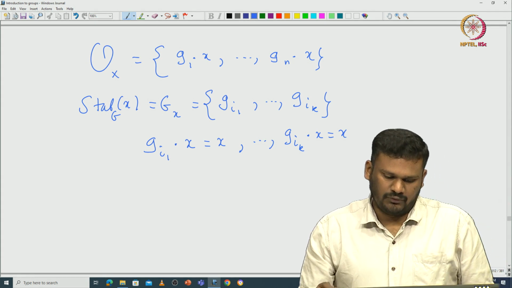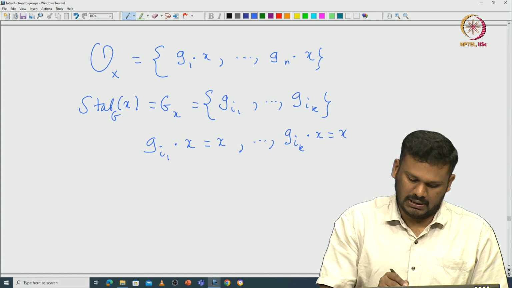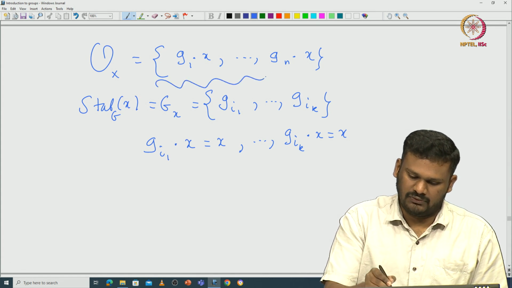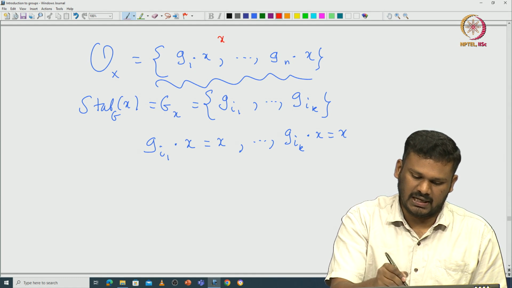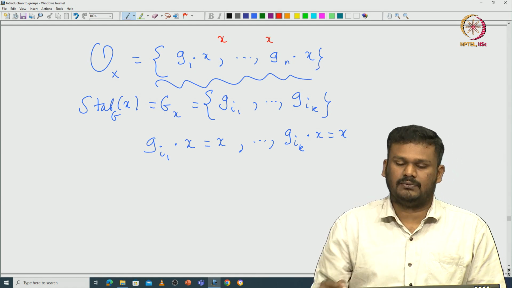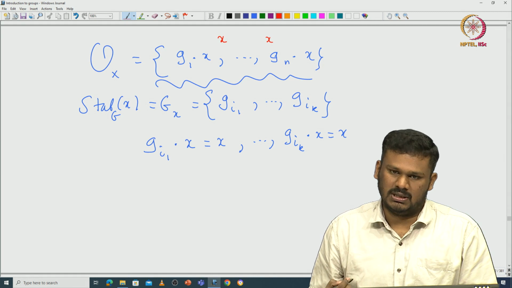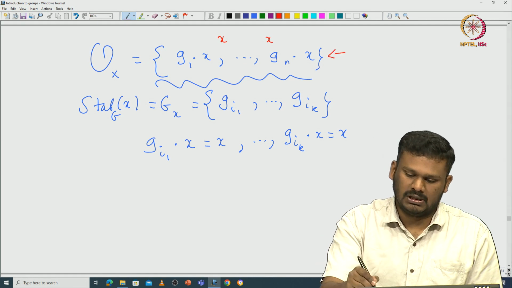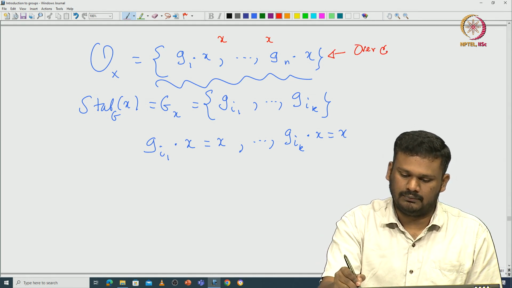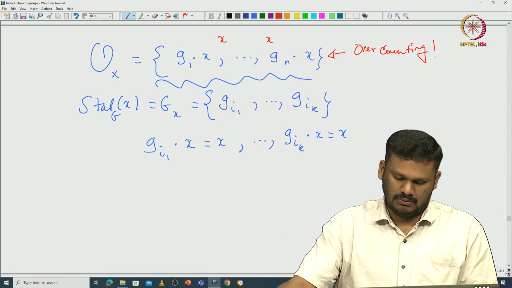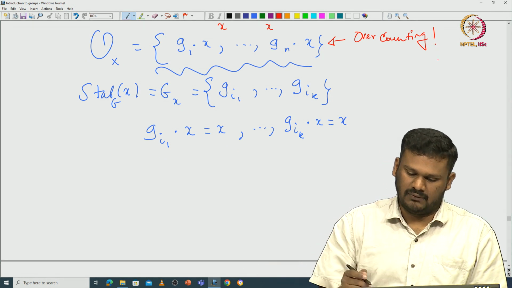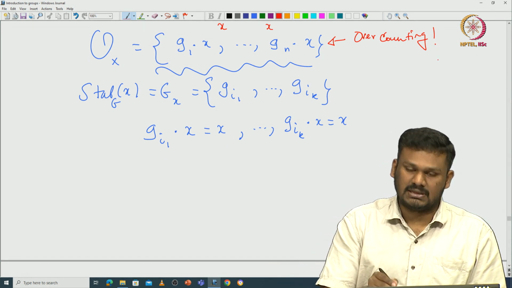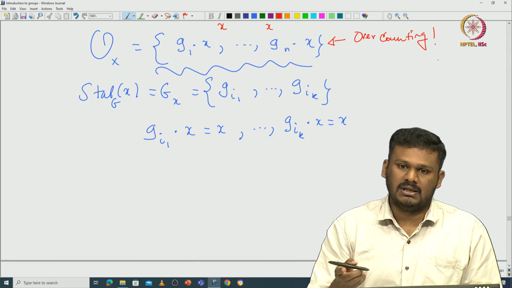In case you want to group them, from this list, at some places it will be just x, x and so on. That means it should be counted only once, because this is obviously overcounting. So then how do we do the counting properly? We will see. For example, for x we see which elements are giving x.